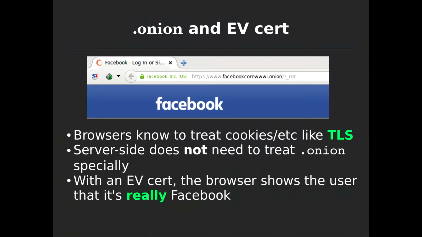One of the other really cool things, Facebook didn't just set up an Onion address. They got an HTTPS certificate for their Onion address. They got an EV cert, the kind that shows you the green little bar that says this is Facebook, for their Onion address. They went to DigiCert, and DigiCert gave them an SSL certificate for their Onion address, so now you can get both of them at once, which is an amazing new step that we hadn't even been thinking about at the time. So what does this give them?